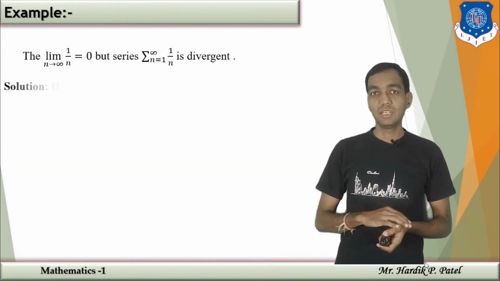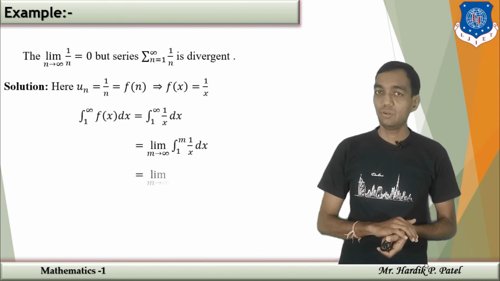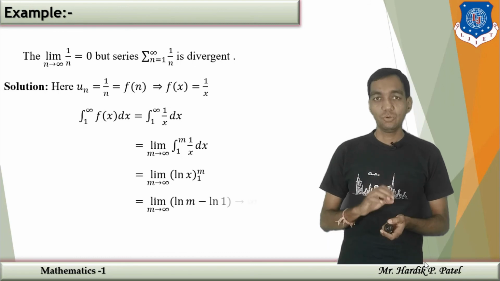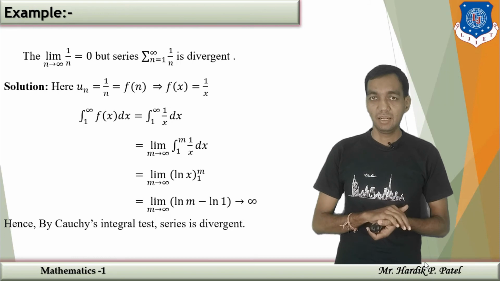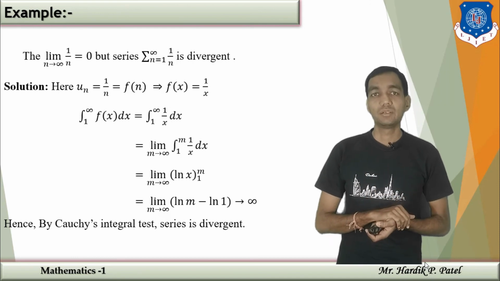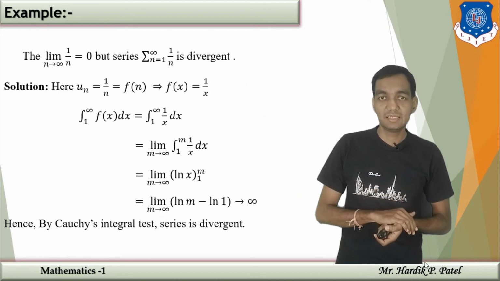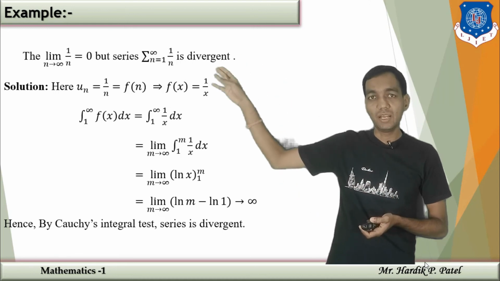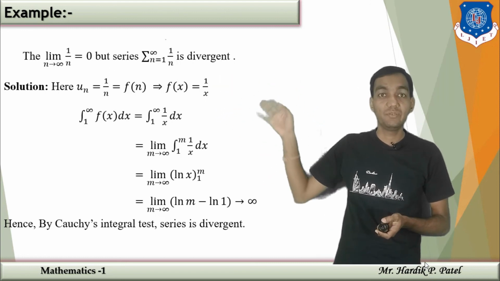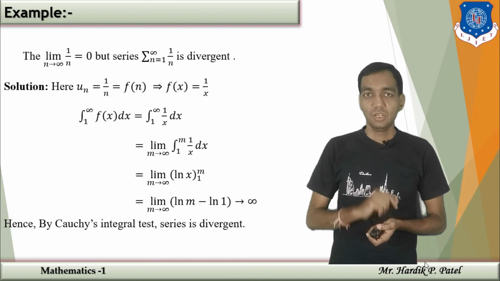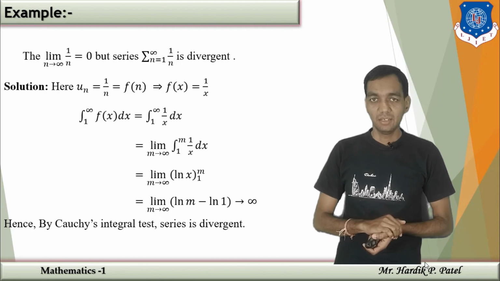Now we are going to check an example of the converse of the theorem which we started with. The converse of this theorem is not true, as we have written there, and here we are going to prove it. Suppose sigma 1 upon n is a series, and then u_n is equal to 1 upon n and it has limit 0, but your original series sigma 1 upon n is divergent. So the limit has value 0, which we have already checked.